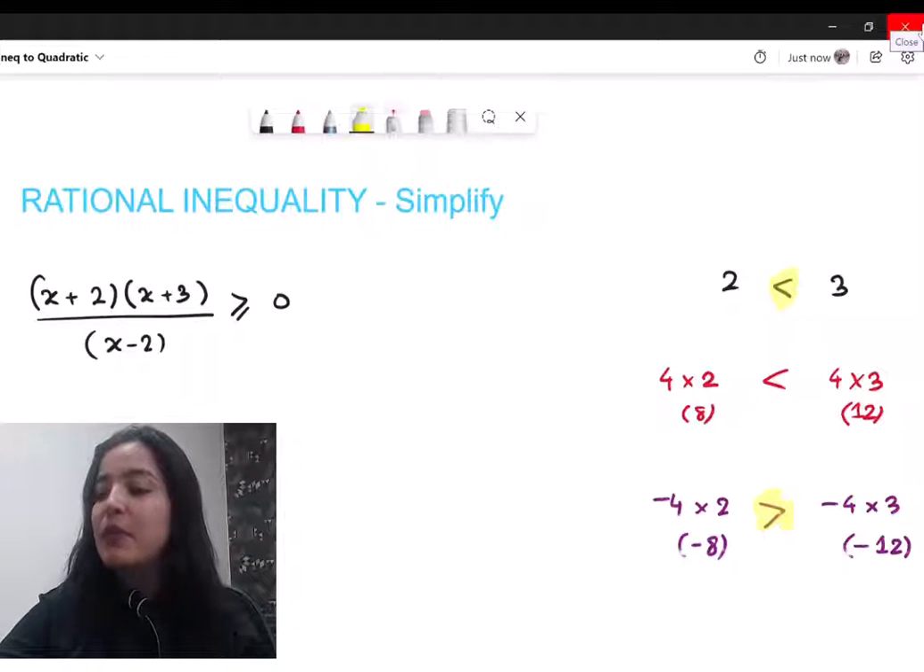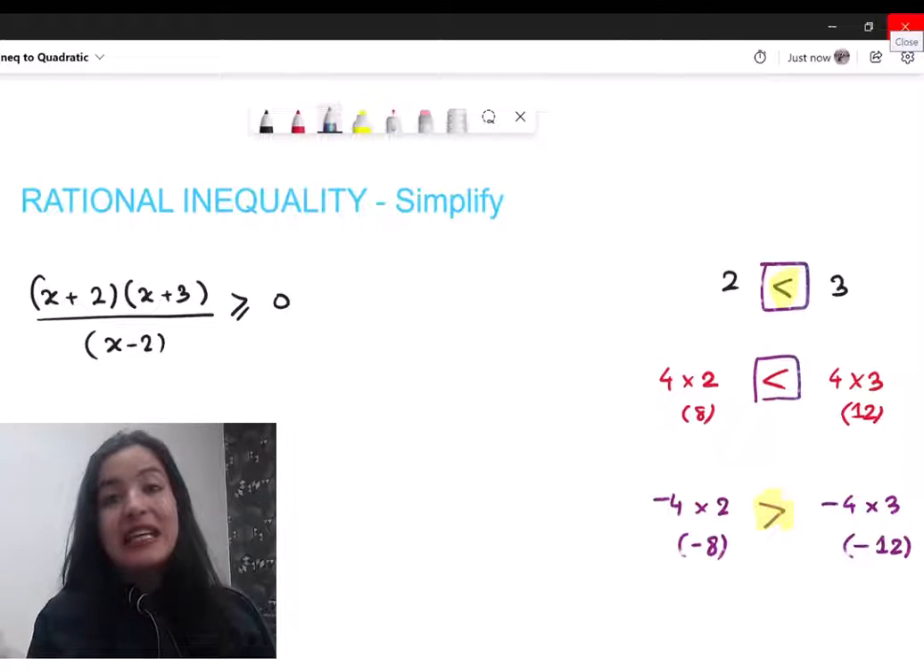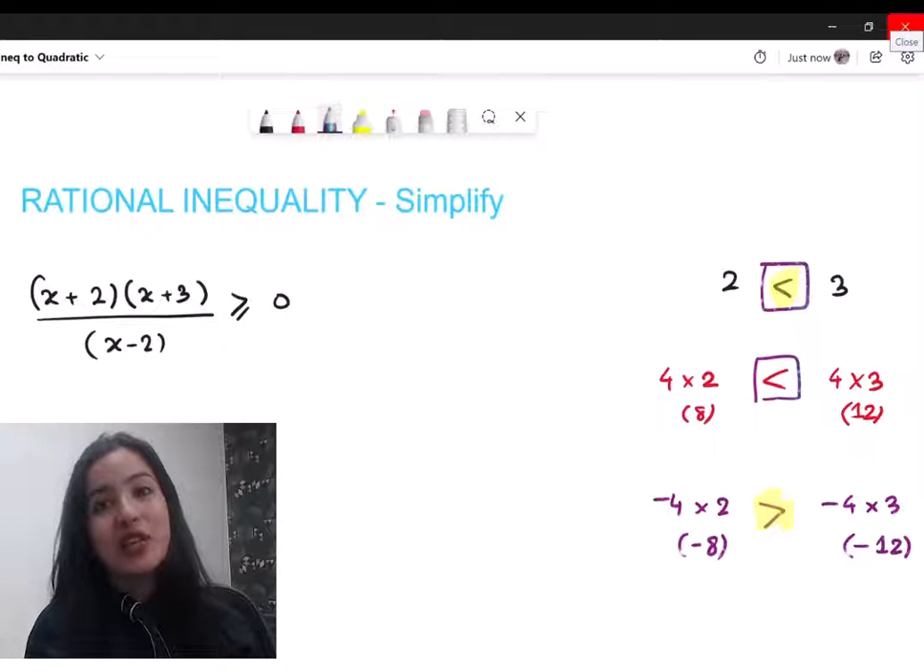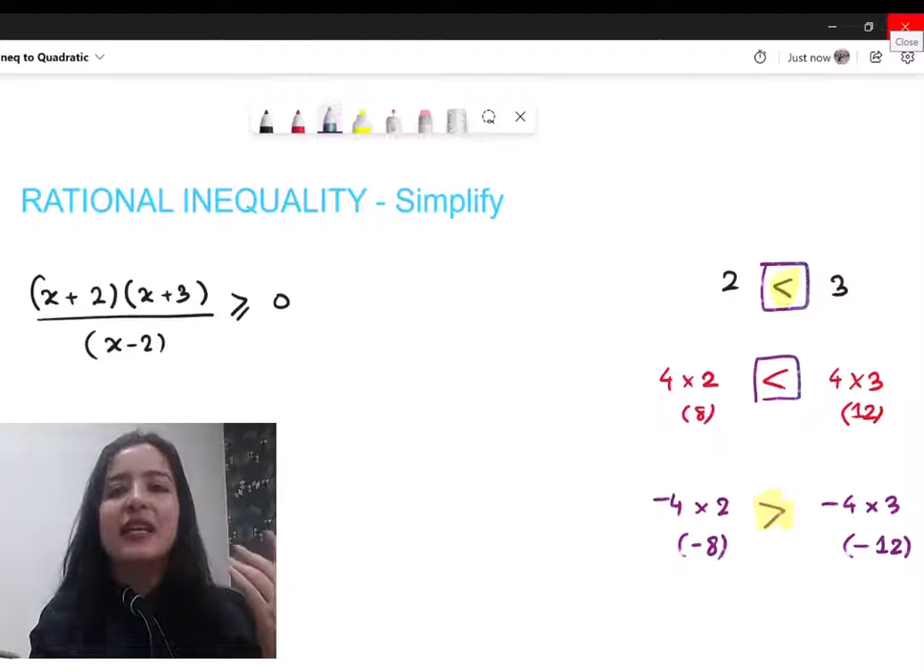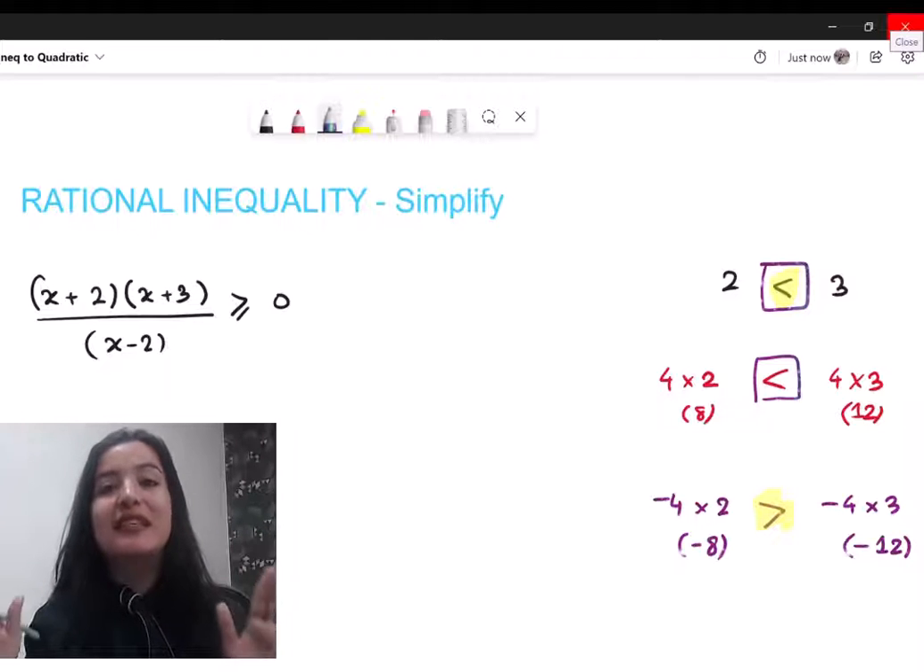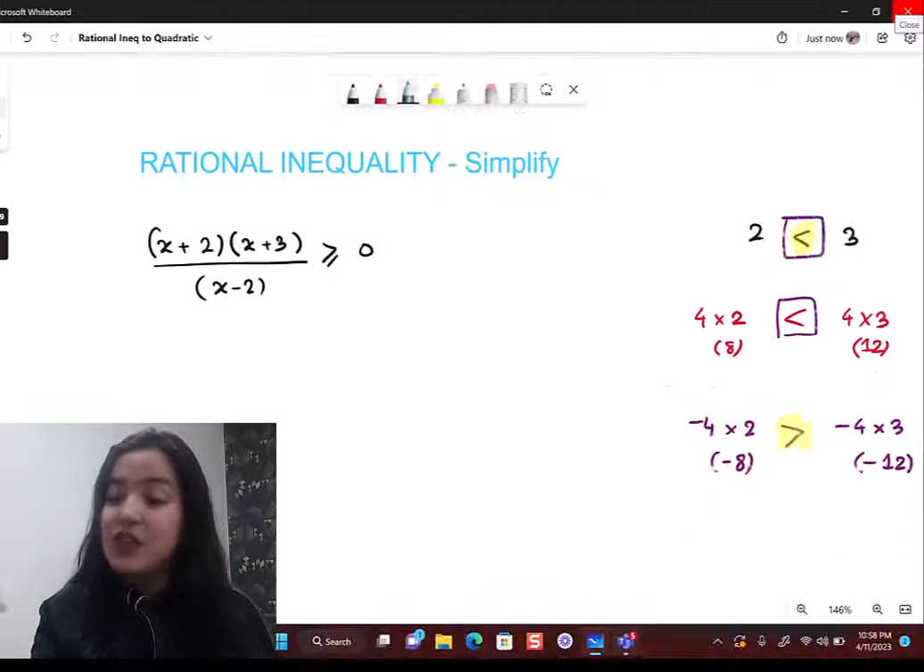As long as you were multiplying both sides by a positive number, the sign remained the same. It was still the less than sign. This is where an inequality is different from an equation. In an equation, it doesn't matter whether you multiply both sides by a positive number or a negative number. It's going to still stay equal. That is why in this